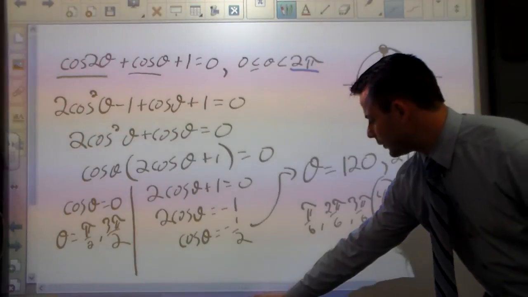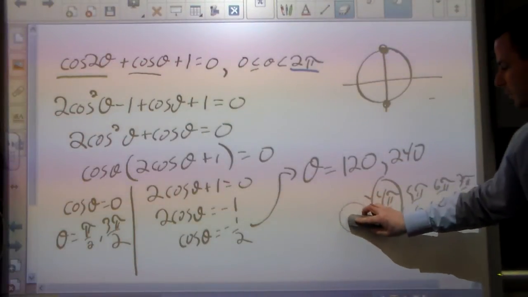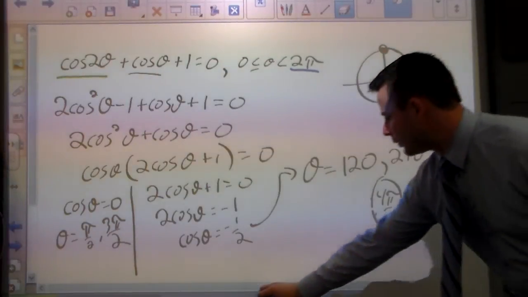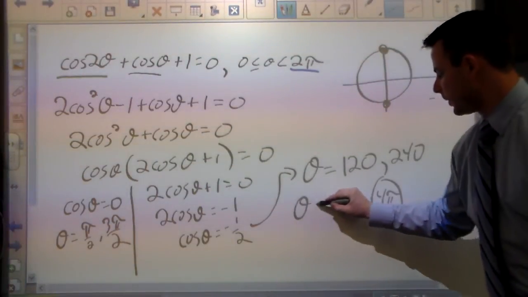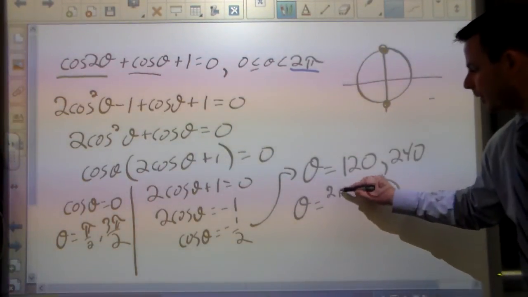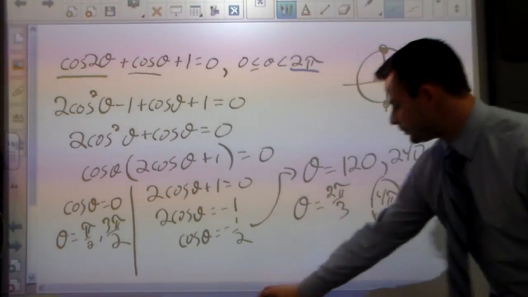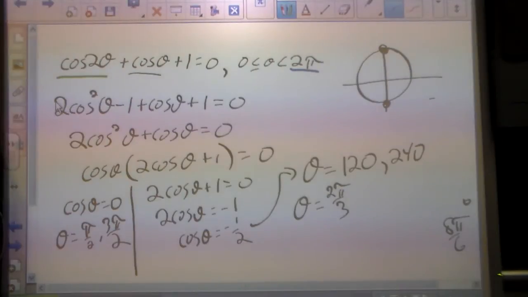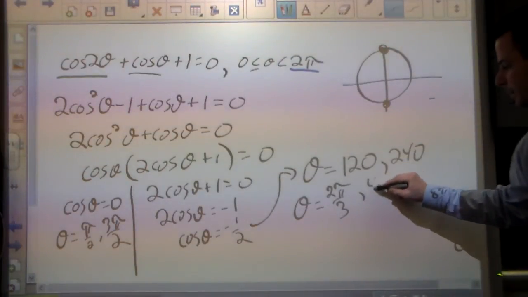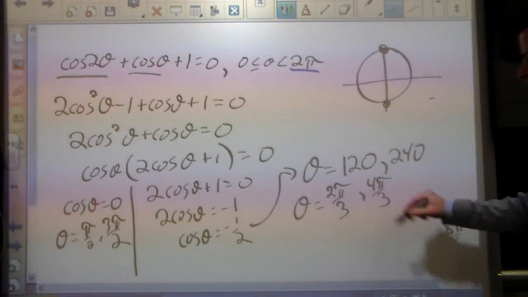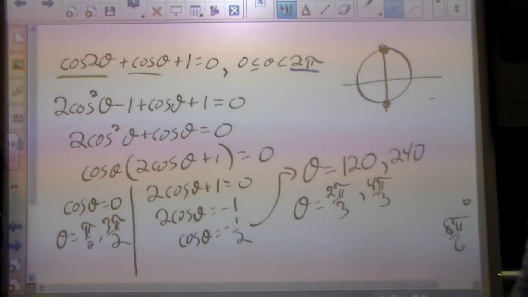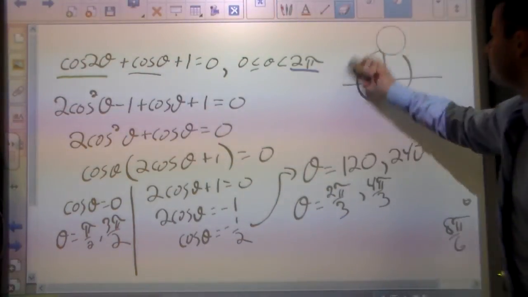So my two solutions are 4 pi over 6 and 8 pi over 6, and I'll just reduce those two fractions to say theta equals 2 pi over 3. And I'll reduce this fraction to 4 pi over 3. Probably would have been easier to increase by pi over 3 because these multiples is 60 as well, but either way. So we have a solution set